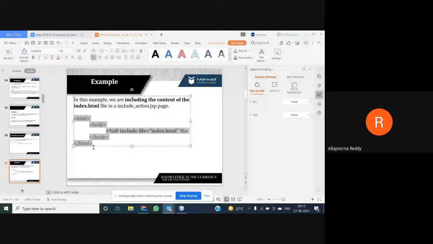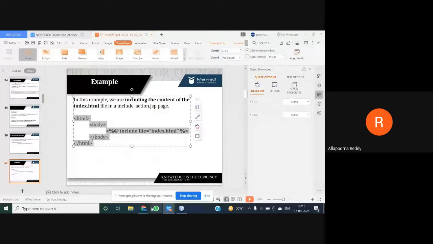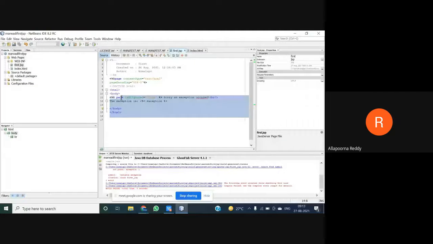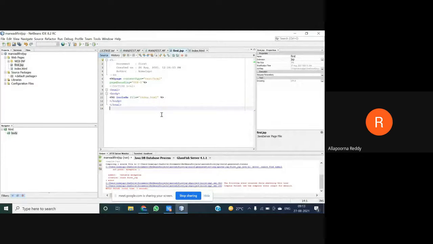Similarly, we'll include it here in our syntax, and we'll see whether redirection is going on or not. So copy and paste, and change here to index.html. The file name is the same as before.